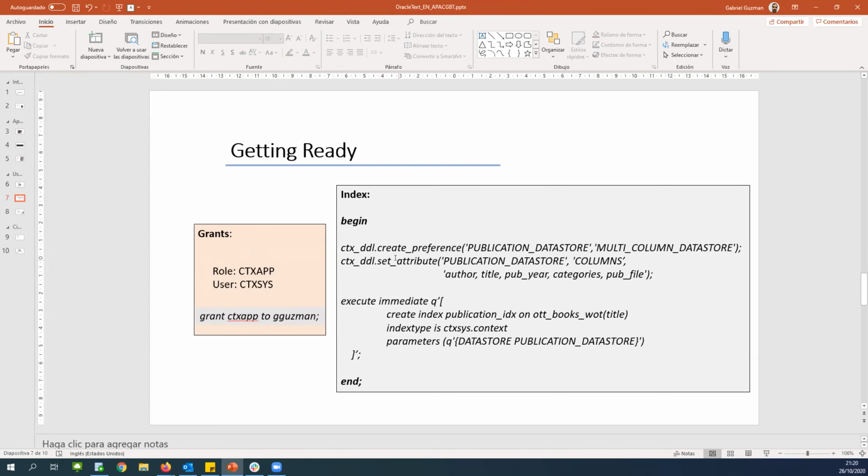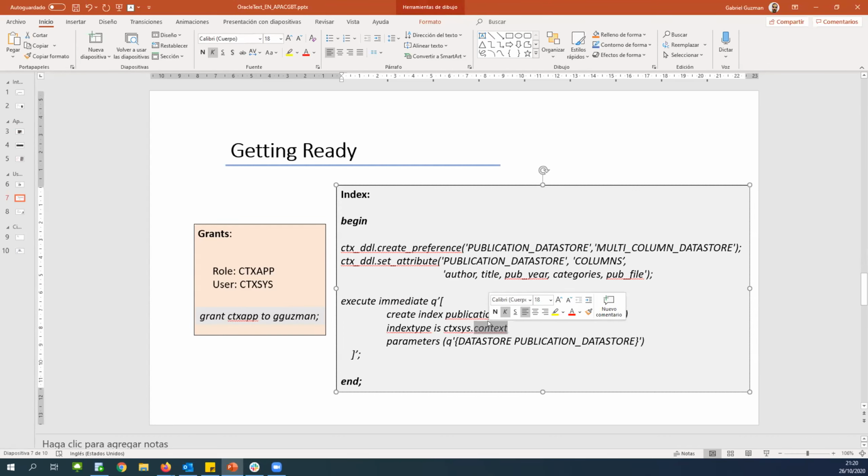Then you will need to create a special index for your information, for your table. And in this case, for this example, I am using a context index. That is the name of this type of index. You also have a